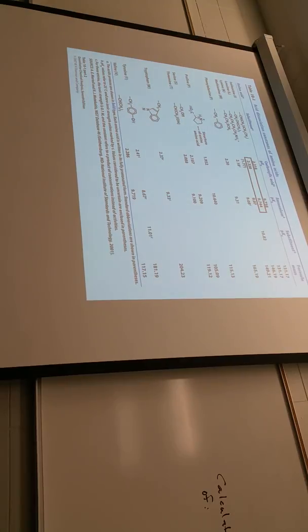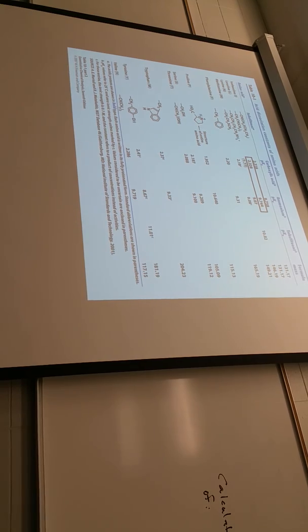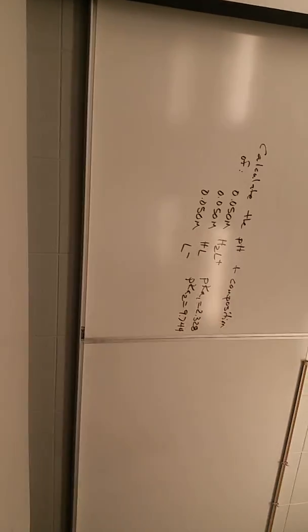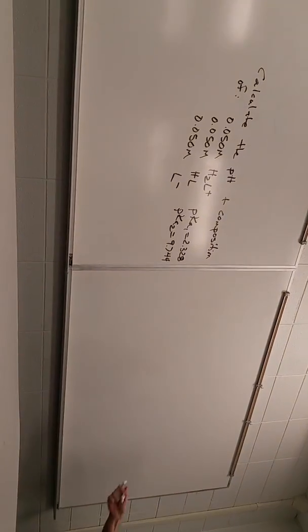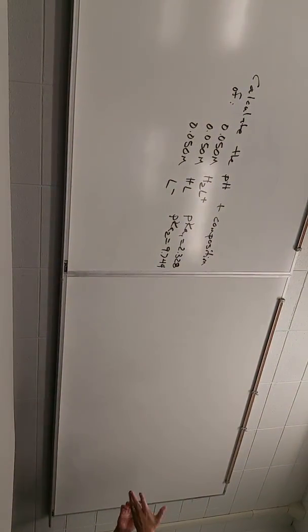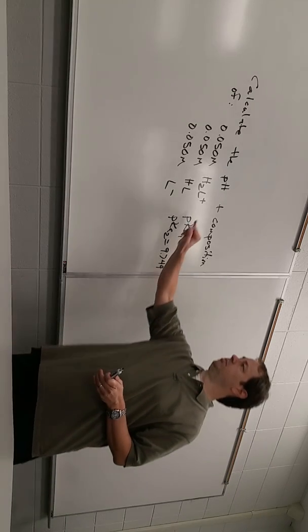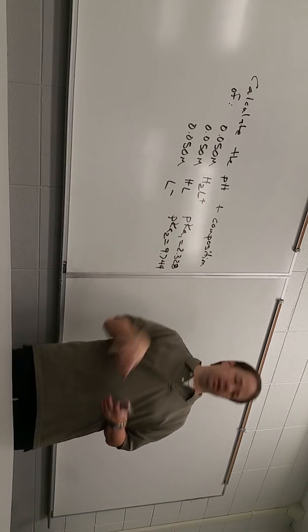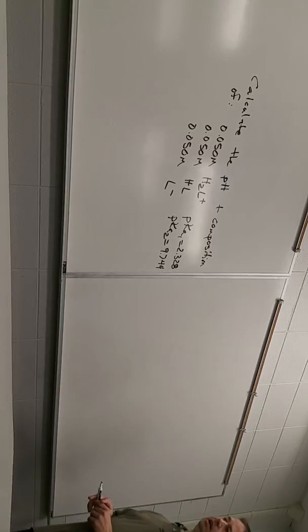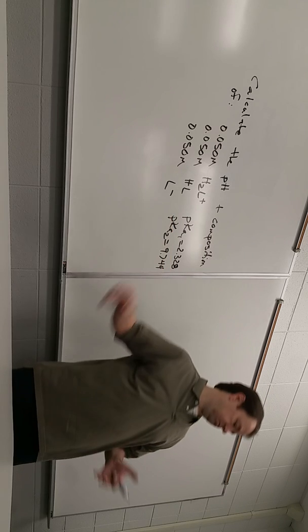All right, so we started with the question: calculate the pH and the composition of 3 different solutions. So you go to the stock room, and they have 3 bottles on the shelf. They have a protonated leucine with a counterion, maybe chloride or bromide or something innocuous. You can get the leucine by itself, the HL form, or you could get a bottle of potassium leucine or sodium leucine.